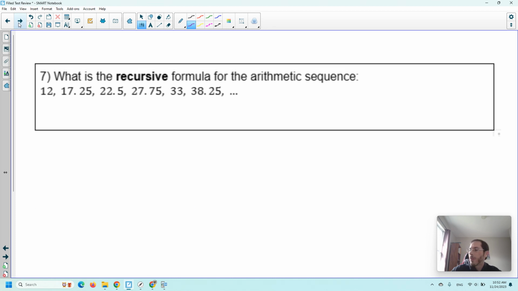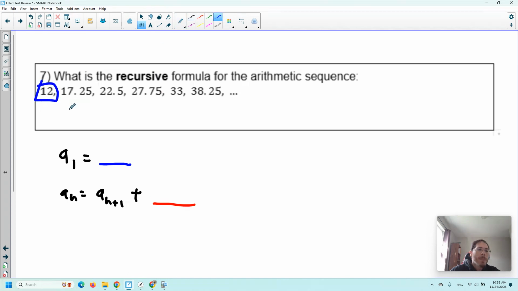All right, for number 7, we have to get the recursive formula for the arithmetic sequence. The recursive formula is the one that says A1 is going to equal some number, and then A sub n is equal to A sub n plus 1 plus some other number. So that's it. All we're doing is trying to fill these in. A sub 1 is always the first number,